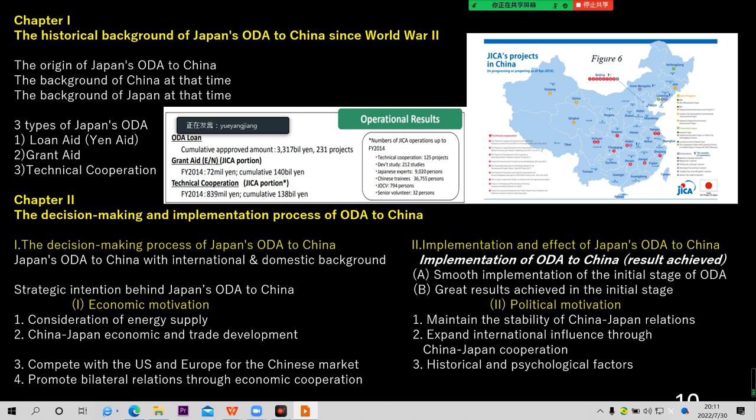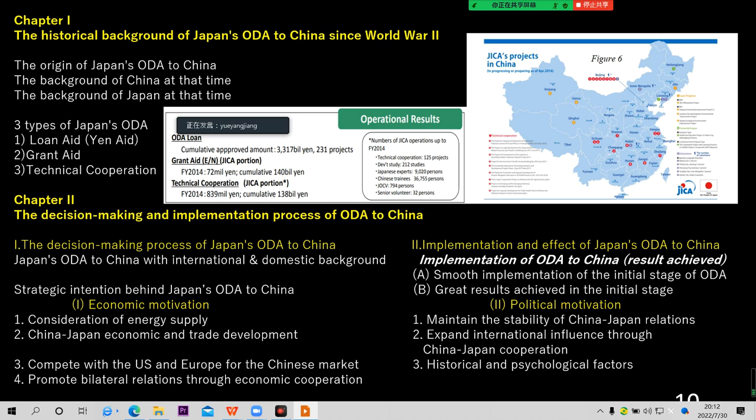And the chapter 2, I went over the decision-making and the implementation process of ODA to China. The first part, I went over the decision-making process of Japan's ODA to China. In specific, how Japan's ODA to China with international and domestic background, strategic intentions behind Japan's ODA to China. It covers both economic motivation and the political motivations. For the economic motivation part, it's mainly talk about the consideration of energy supply, China-Japan economic and trade development, compete with the US and Europe for the Chinese market, and promote bilateral relations through economic cooperations. And for the political motivations part, it mainly explains the maintenance of stability of China-Japan relations, expand international influence through China-Japan's cooperation, and historical and psychological factors between the decision-making